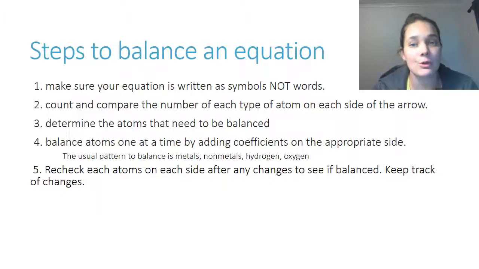So you need to make sure that you change everything as needed. Number 4 says to balance atoms one at a time by adding coefficients on the appropriate side. What this is telling you to do is to add one number gradually at a time. So don't just instantly leap up to doing a number 6 as a coefficient when you could go by one